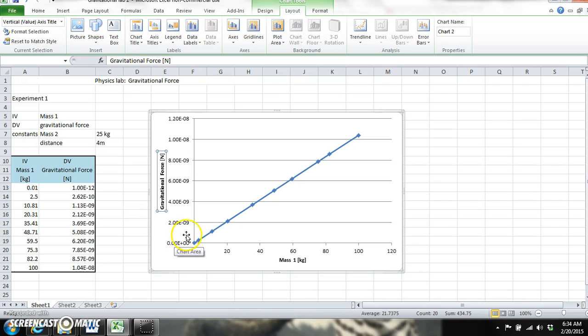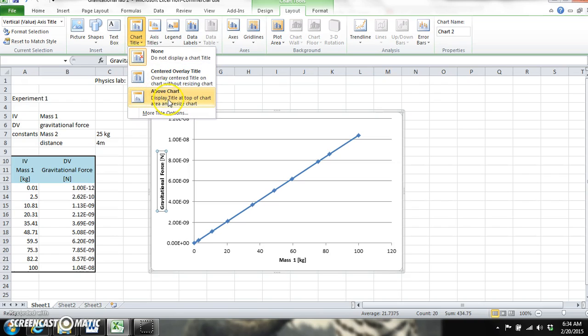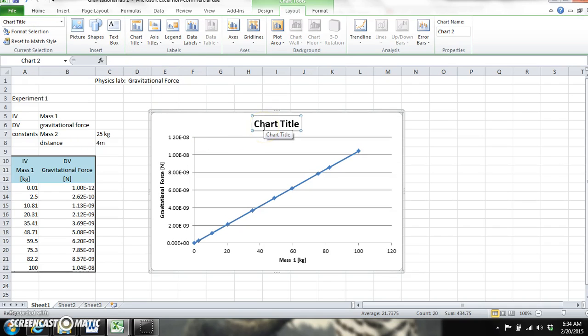And finally, I need an overall title for this graph. So I go back to Chart Tools Layout, then I go to the option for Chart Title, and I'm going to choose to put a title above the chart. I'll type that name. This is Gravitational Force